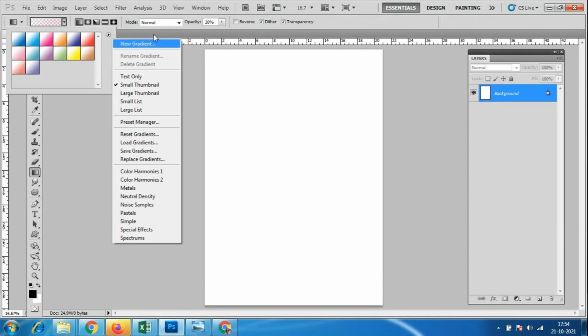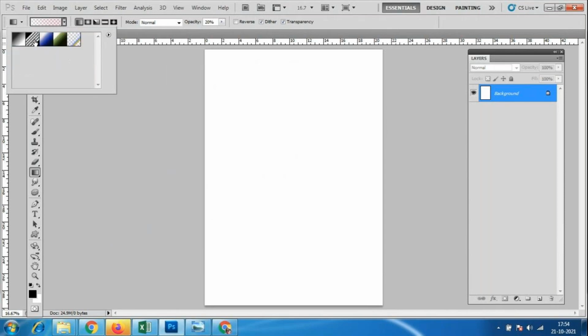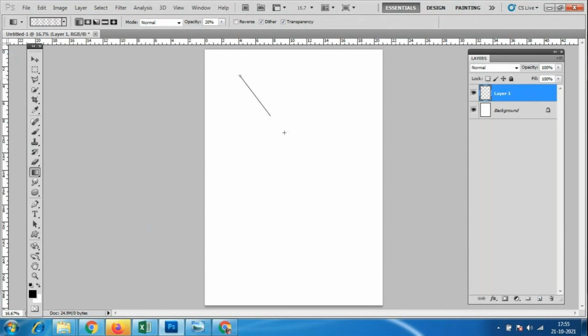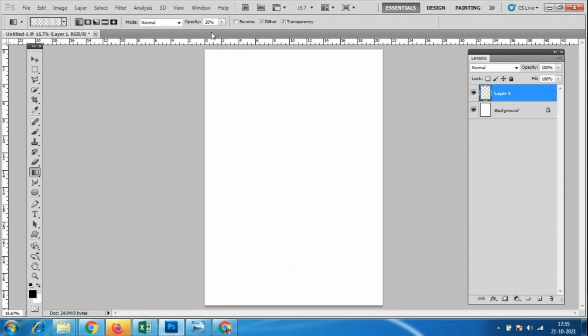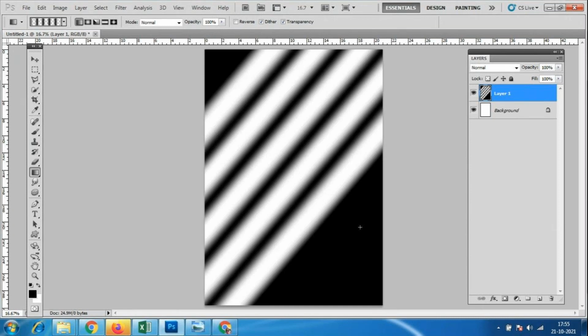If I take this gradient with the single layer, we can use it, but it will be useful when we are using the special effects here. So I'll take a new layer. With the single layer, we can use multiple options here. I'll give 100% opacity. Here we have this transparency option.